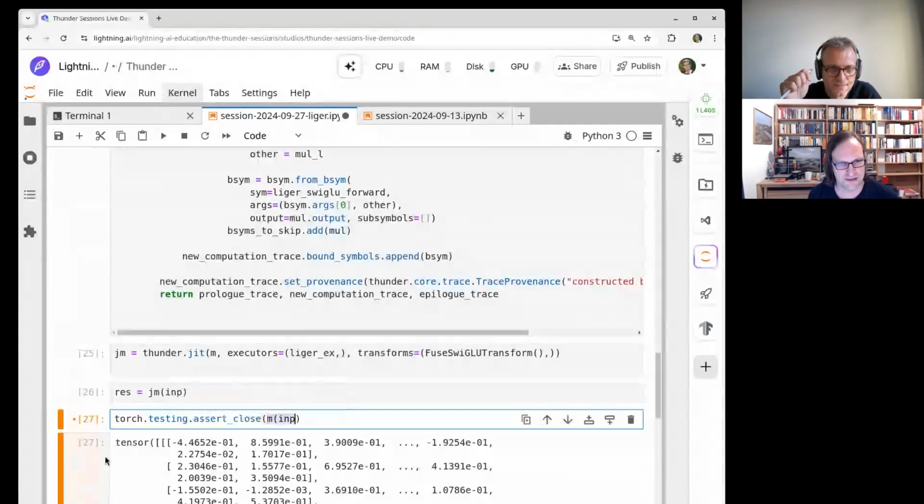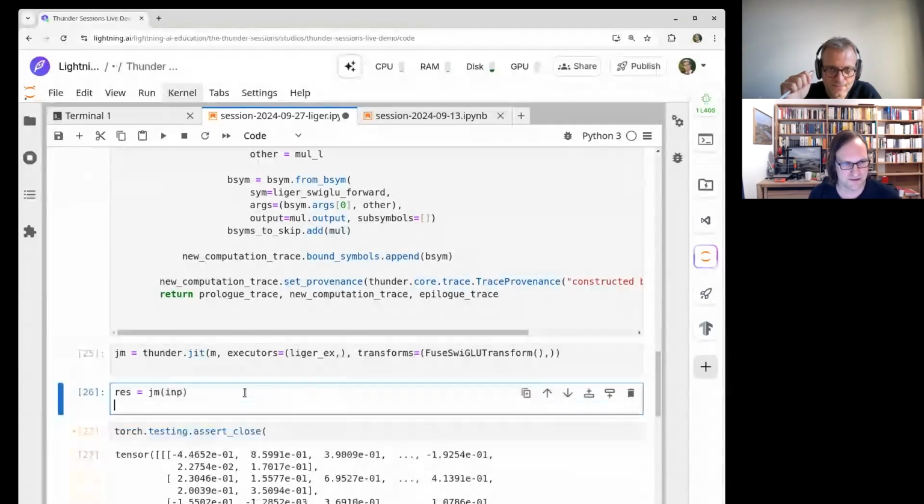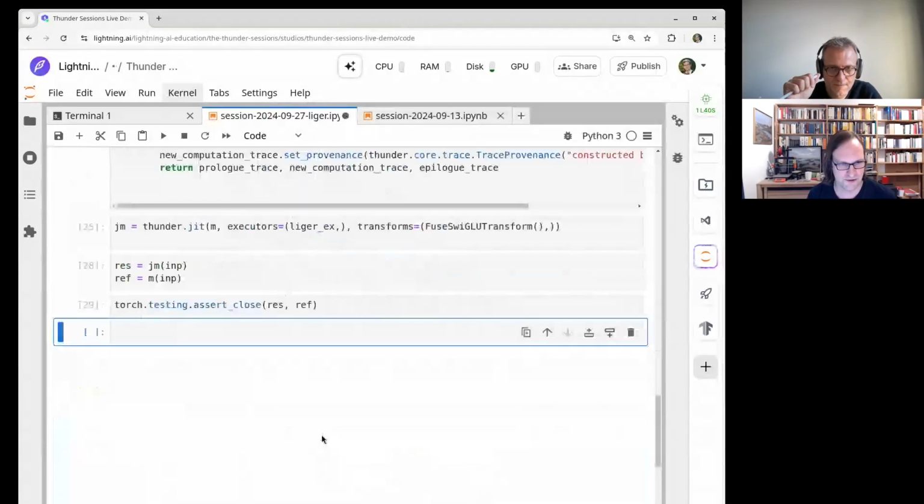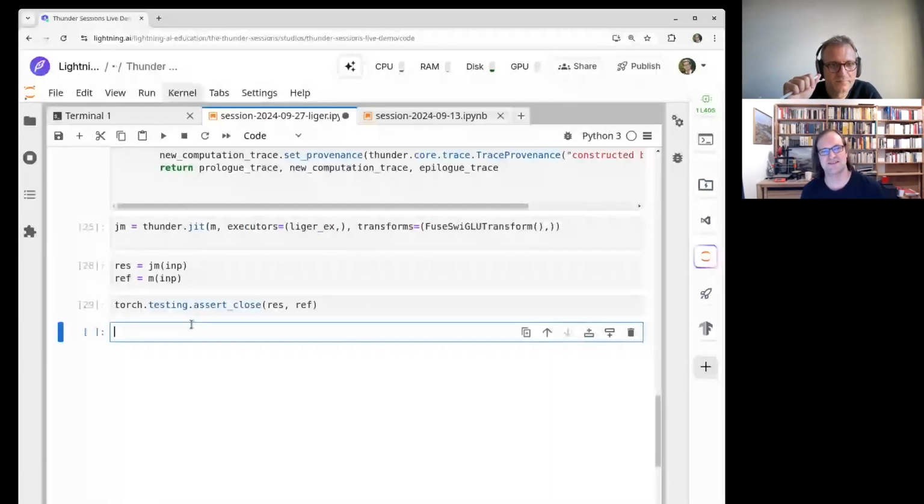Of course, if I run it again, it will be fast, right? So I can rerun it, and I can assert that res is close to the reference, and it works. So amazing. Liger people are very serious about testing their kernels. It's a rigor to really take a slice from and learn a great deal.